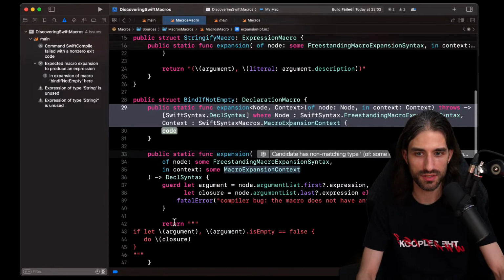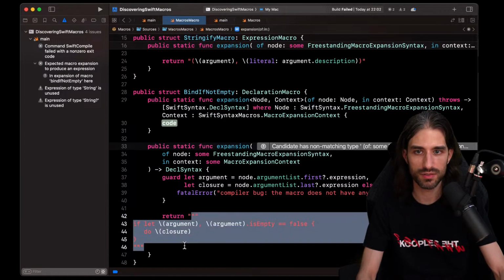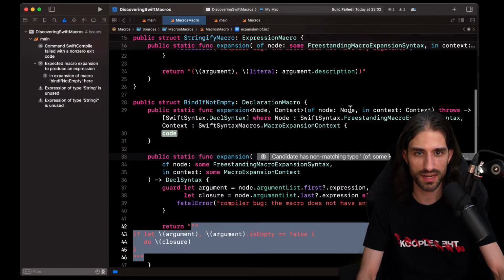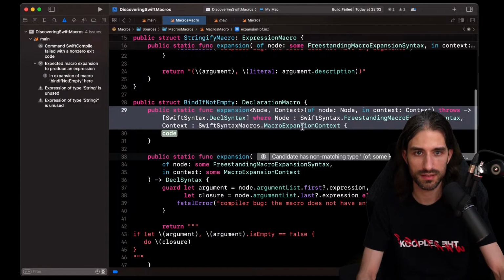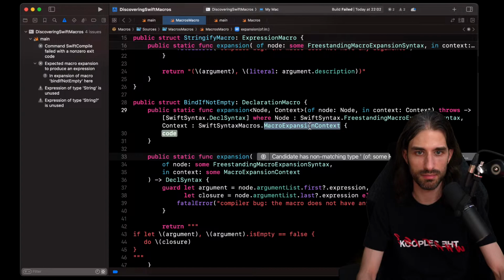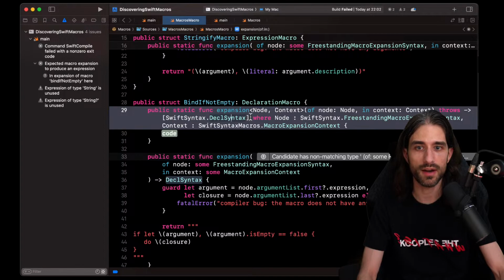So I have the declaration syntax. Maybe this doesn't conform because here I have my node, I have my context, so it's macro expansion context here, freestanding macro expansion syntax, so it's not linked to the fact that it's a decl syntax. Oh, it returns an array.